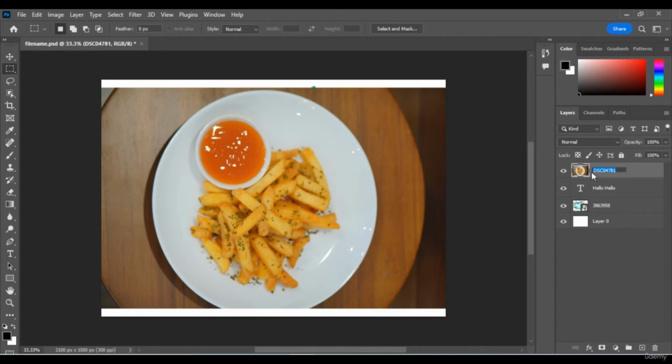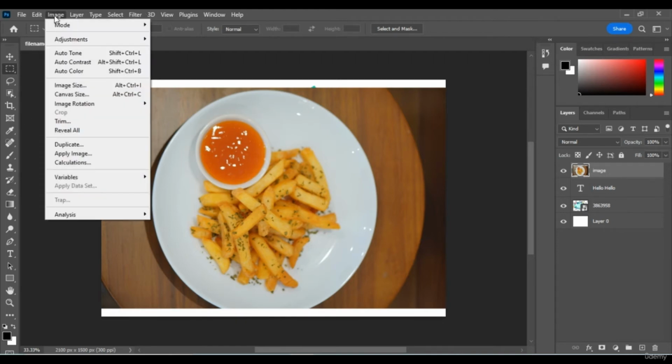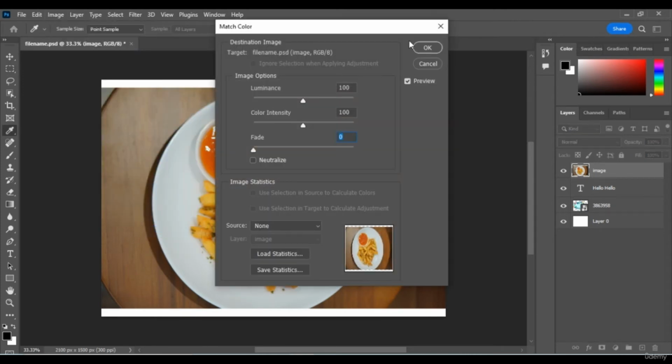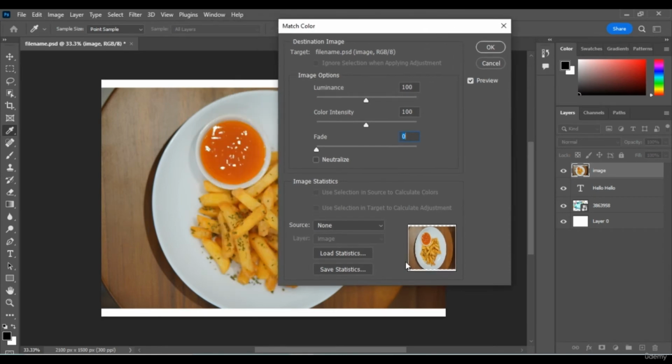Change the name of the layer right here by clicking this layer 2 times in the Layers tab and just rename it as image. Press enter on your keyboard. Right now we will go to the image menu, adjustment, and match color. In this dialog box right here, you can see you have to get the source,